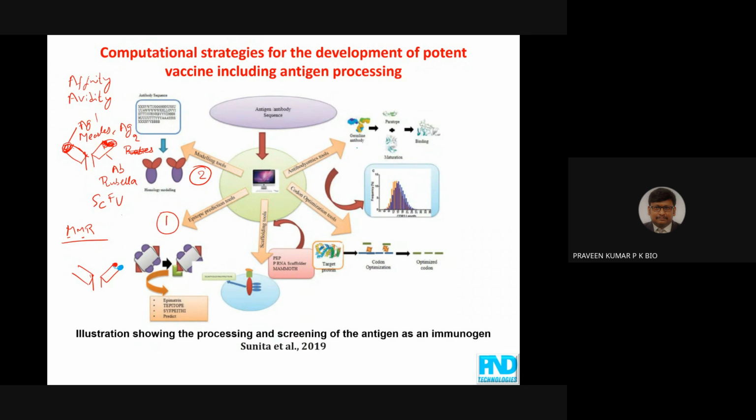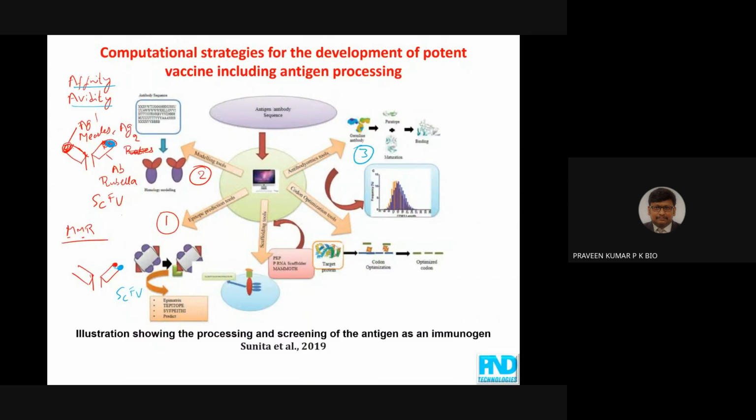we have to go with antibodyomics, especially whatever I mentioned. And other than affinity, where we check the binding of antigen with the antibody, we also have to check the avidity, like binding of one antigen in one arm and binding of another antigen in another arm. Or you can engineer the antibodies in such a way that specific fragments can bind with specific antigens. So for doing this kind of engineering, we need